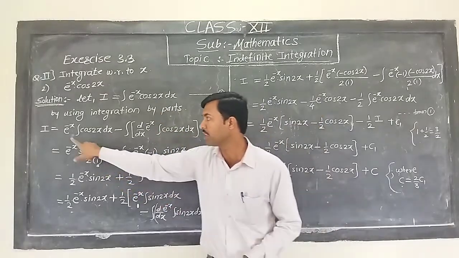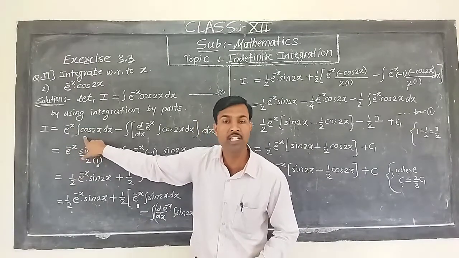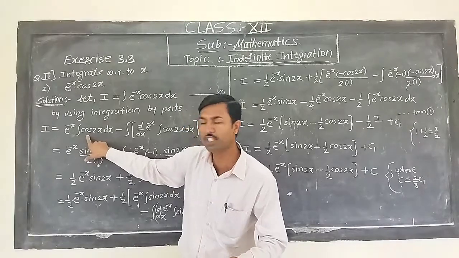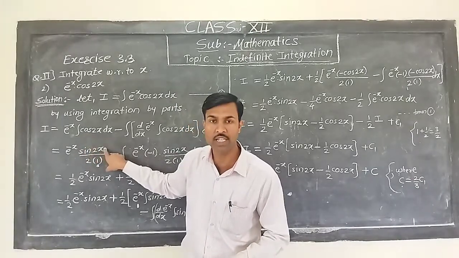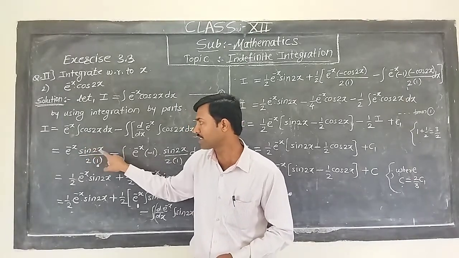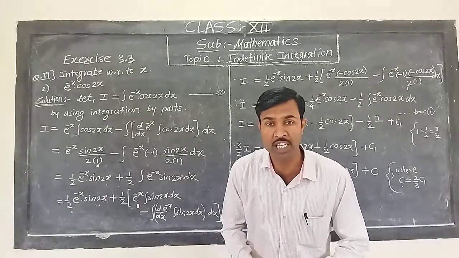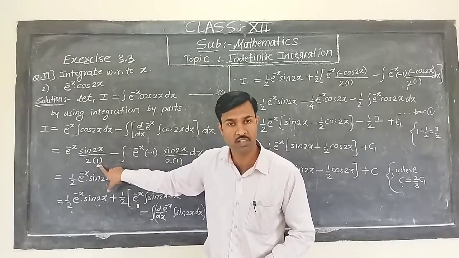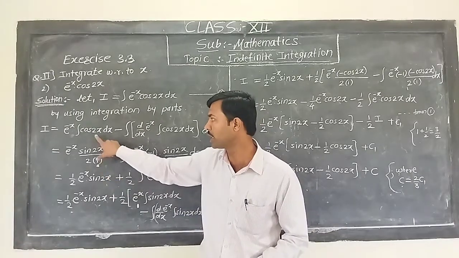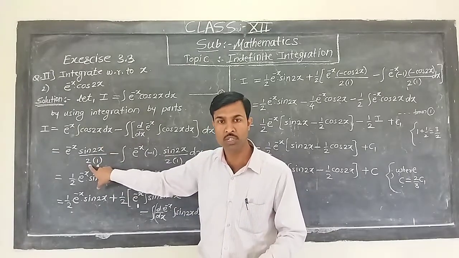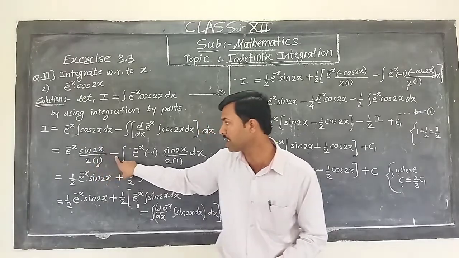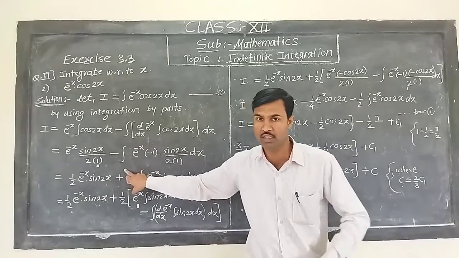After solving, e raised to minus x remains as it is. Here is the integration of cos. Integration of cos is sine, so integration of cos 2x is sine 2x. But this 2x is not just x, it is a function of x, a composite function. And when there is a composite function, we have to differentiate that composite function in the denominator. So the derivative of 2x is a constant 2, and the derivative of x with respect to x is 1. Minus, this integration remains as it is.